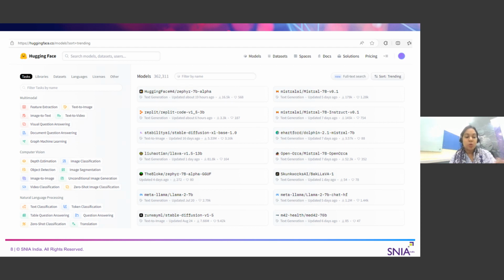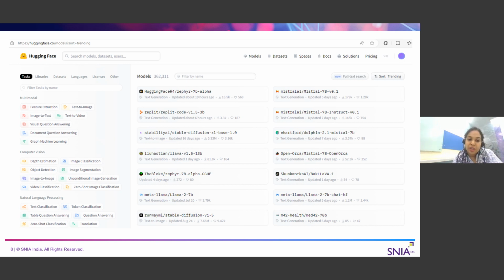So this is how Hugging Face looks when you just go and search. If you see here, it allows you to choose what exactly is the task that you're looking at. Is it feature extraction, or anything related to computer vision, or natural language processing like question answering or translation? So you can pick the task you want, and then you can pick models.